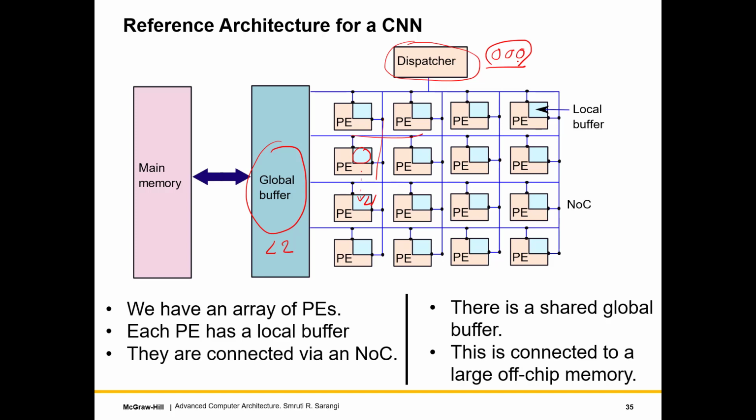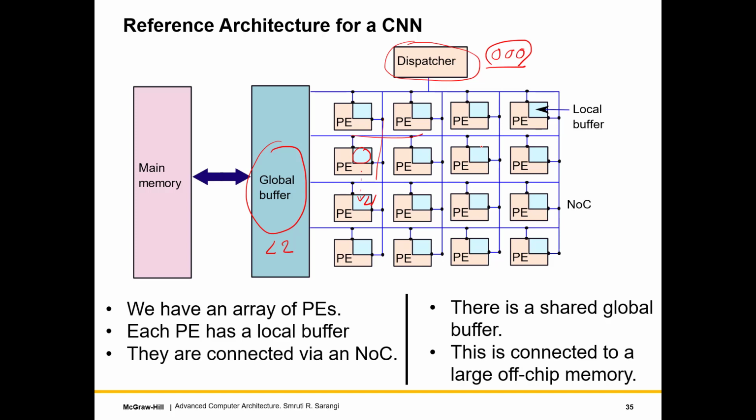But it is important to keep this somewhere in the back of your thinking before we go forward: that you can have a sea of processing elements somehow connected via an NOC. We could have a global buffer for global storage of values and local storage on each PE, and an overall brain or an out of order processor to